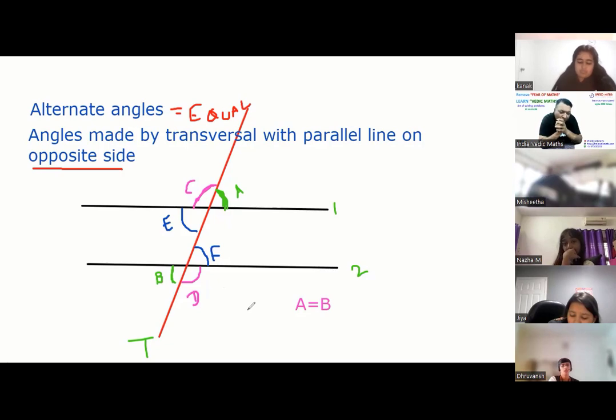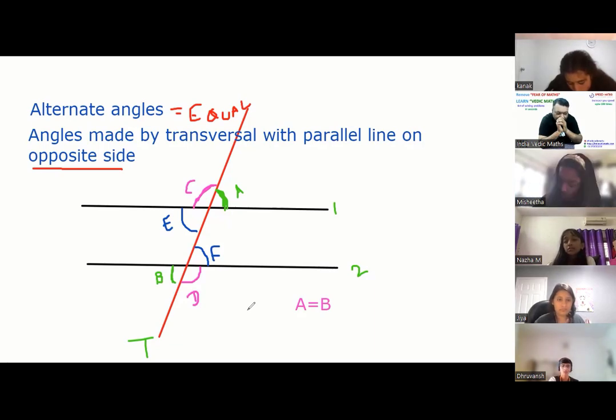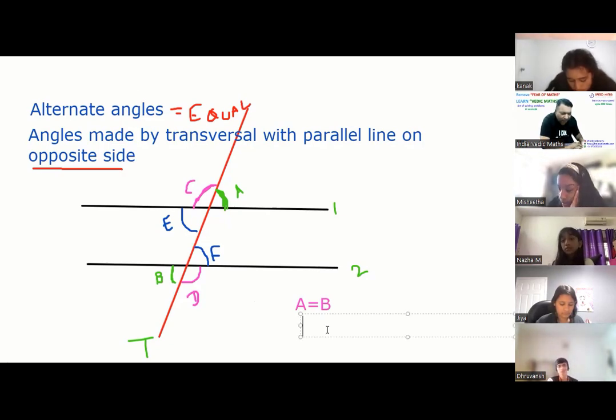Why? They are alternate angles because they are on the opposite sides of the parallel lines, like E is below the first line and F is above the second line. Correct. So let me write A equal to B, then we have done C equal to D, then E equal to F. And the last pair is